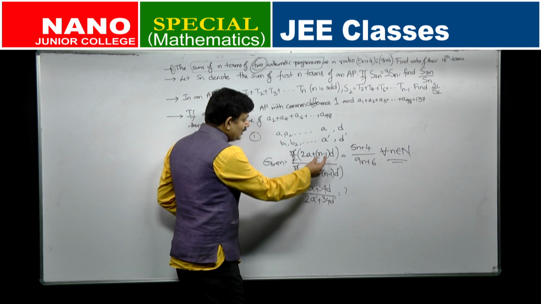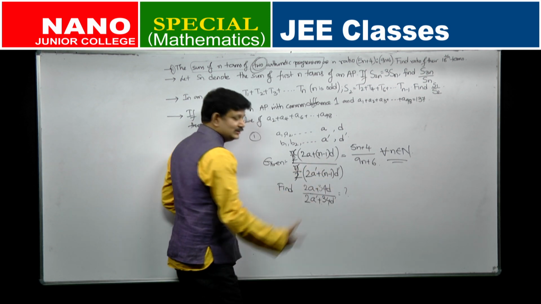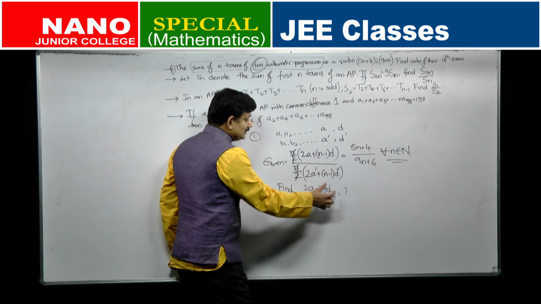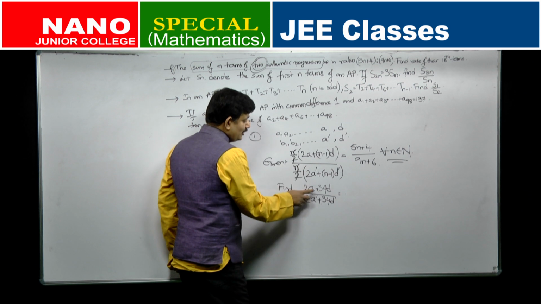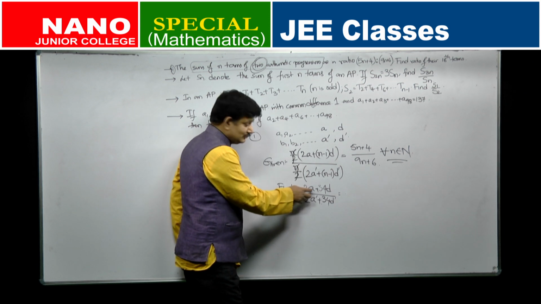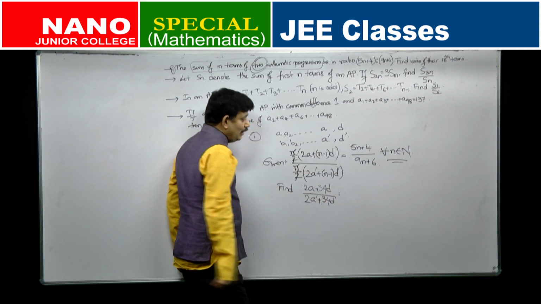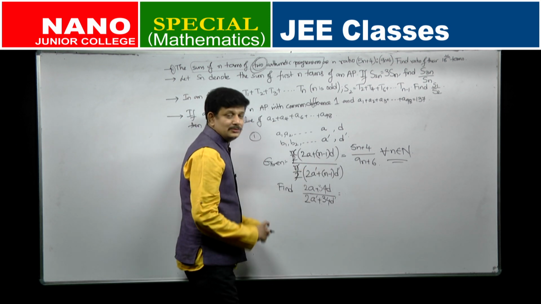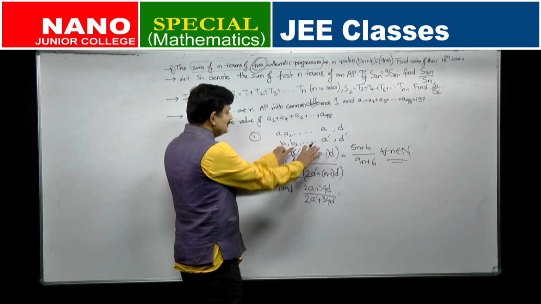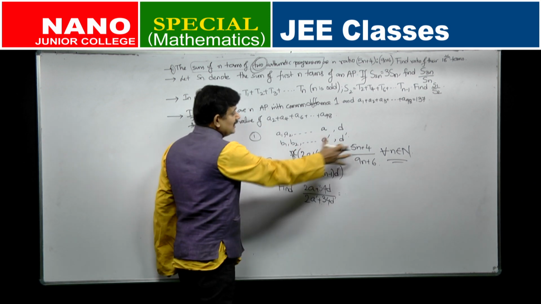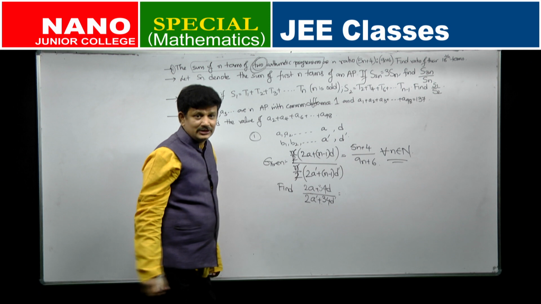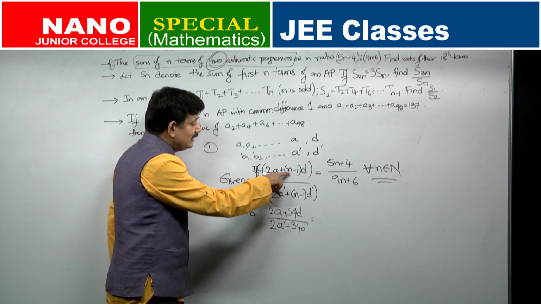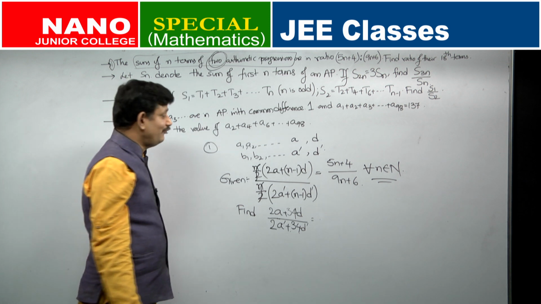Now, what do I have in place of n minus 1? 34. What do I have in place of n minus 1? 34. So, in order to get 34 here, what should I replace n with? n minus 1 should be 34. So, n should be replaced by 35. So, in this equation, because this is an identity, this is true for all natural numbers. In order to get this value in the given information, I will replace n with 35.